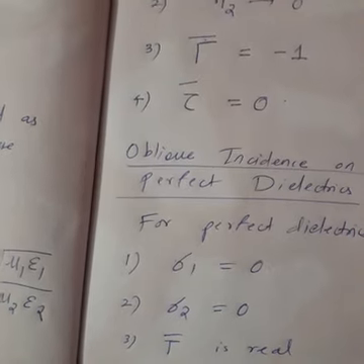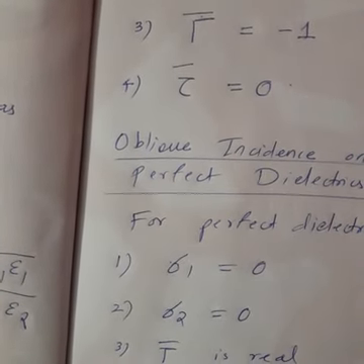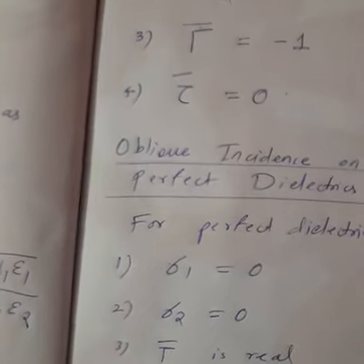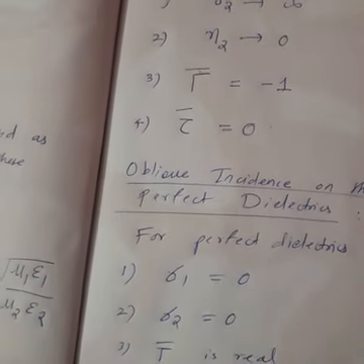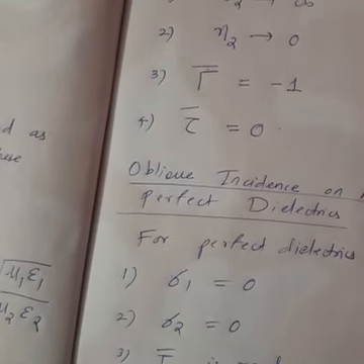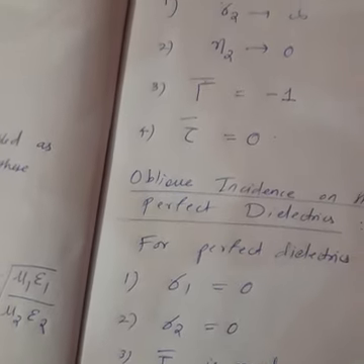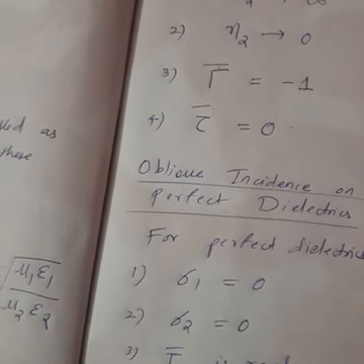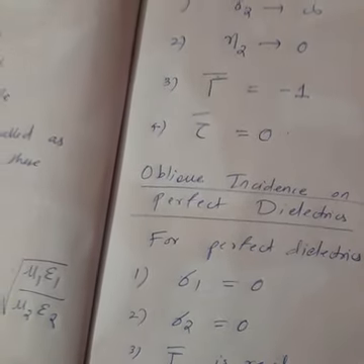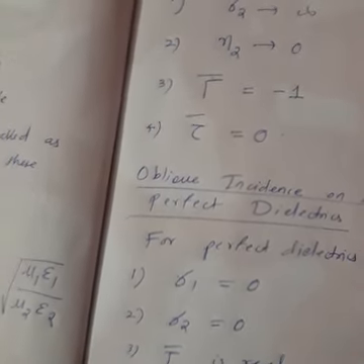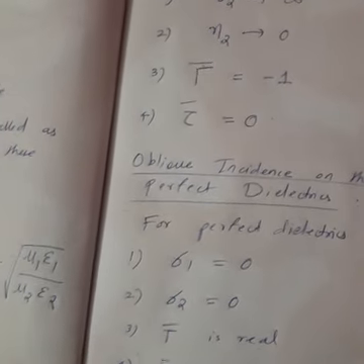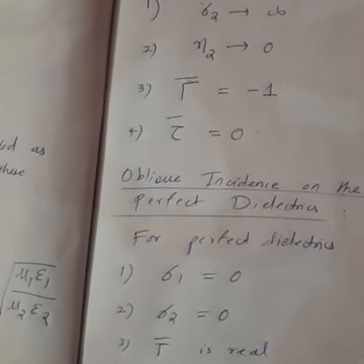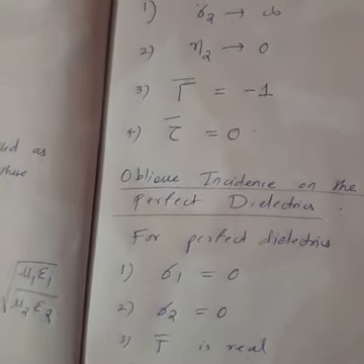There you consider two cases, dielectric and conductor. Again we considered the wave coming at an angle with the propagation axis, which is called oblique incidence. In oblique incidence again we derived the electric field and magnetic field. There is a new term, the propagation vector. In normal incidence you define the propagation constant, but in oblique incidence you define the propagation vector. Then you extend the study to the case of perfect conductor and dielectric. And in oblique incidence a new thing we derived is Snell's law.